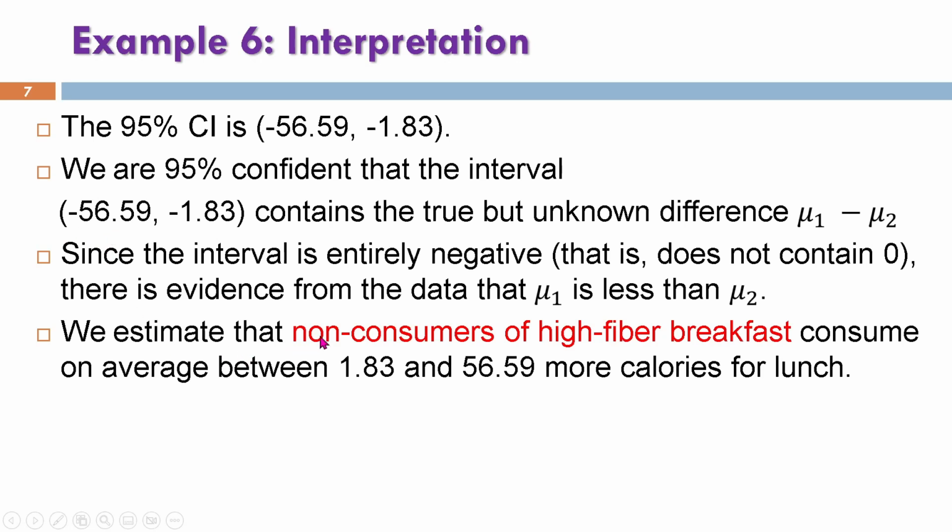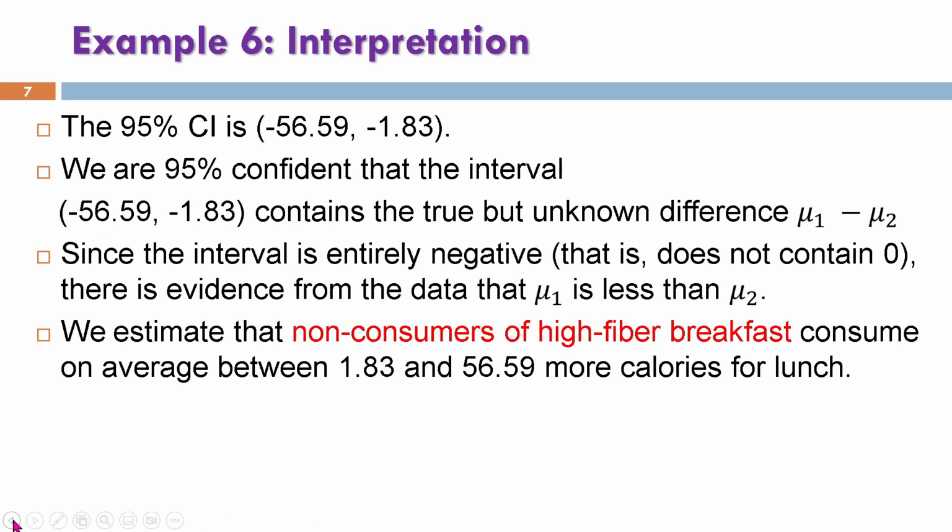Okay, hence we estimate that the non-consumers of high fiber breakfast consume on average between 1.83 and 56.59 more calories for lunch. Okay, why can it become positive? If mu1 minus mu2 you get negative, if we reverse to mu2 minus mu1, we'll get positive. That means population 2 consumes more calories, because if we reverse to mu2 minus mu1, the value will be positive, between the interval 1.83 to